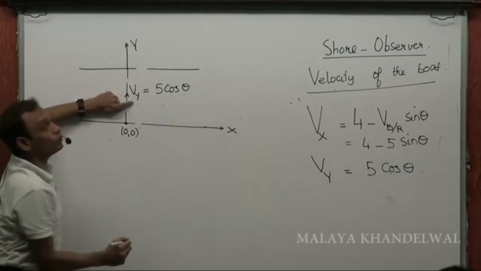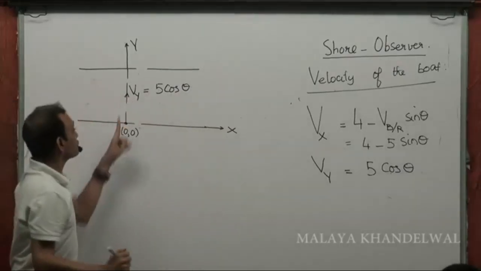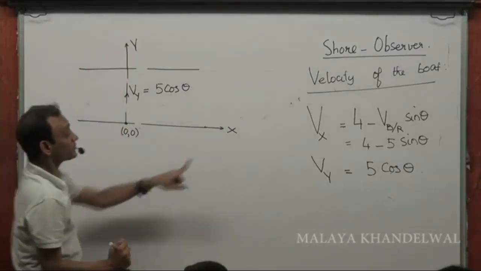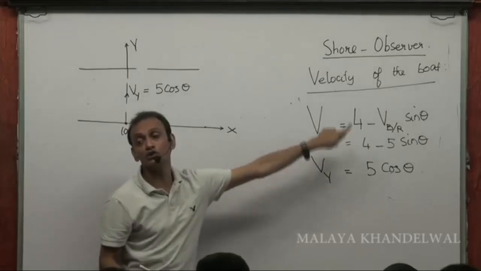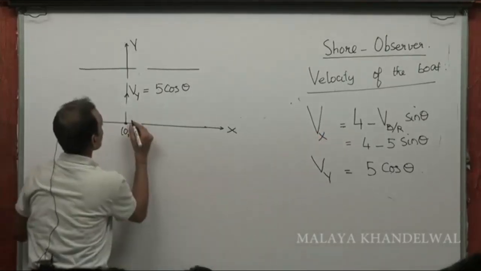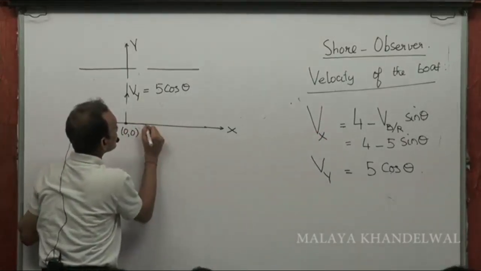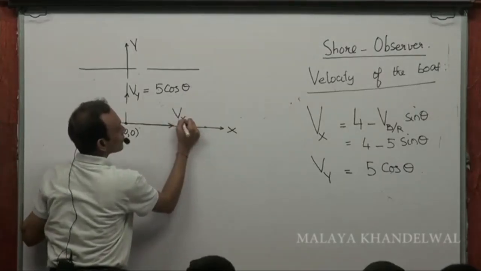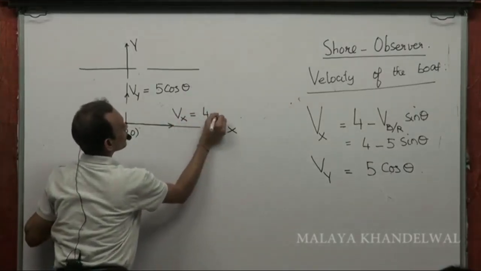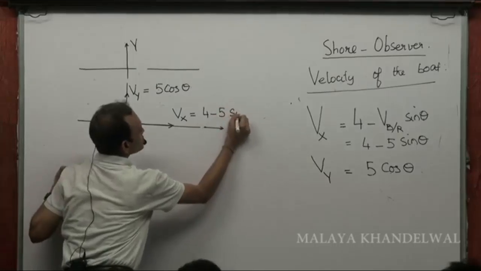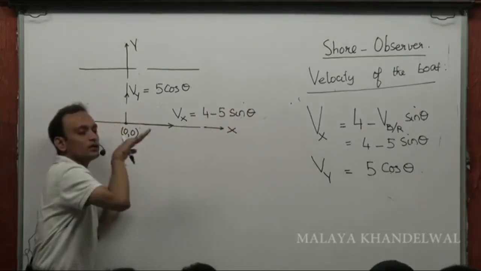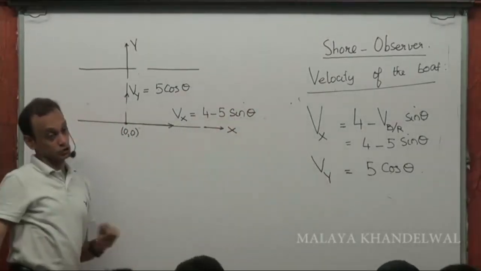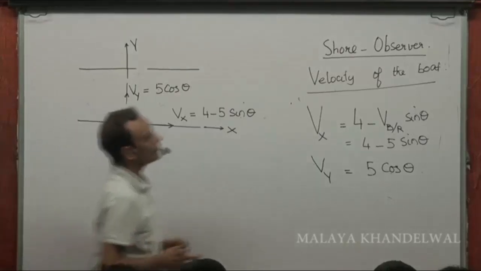As seen in the shore frame of reference, it has a vertical velocity 5 cos theta. What does this velocity do? It causes a drift in the y direction, right? And it has a horizontal velocity which is 4 minus 5 sin theta. What does this velocity do? It causes a displacement of the boat in the x direction, right? Now,